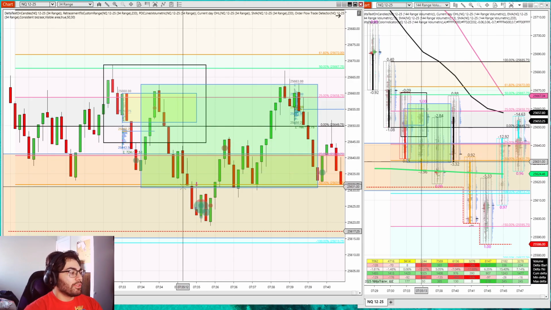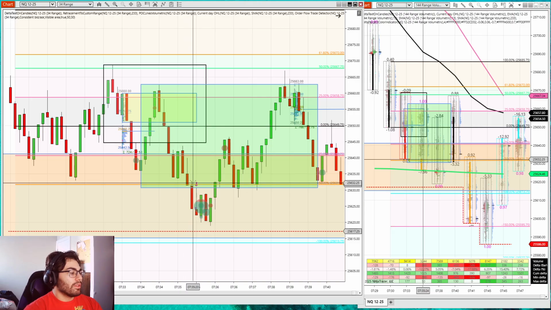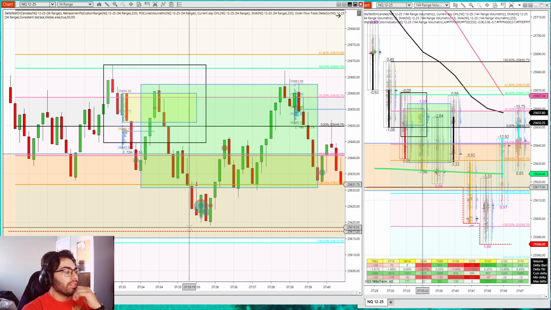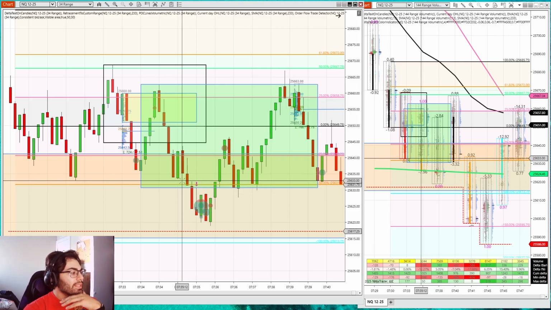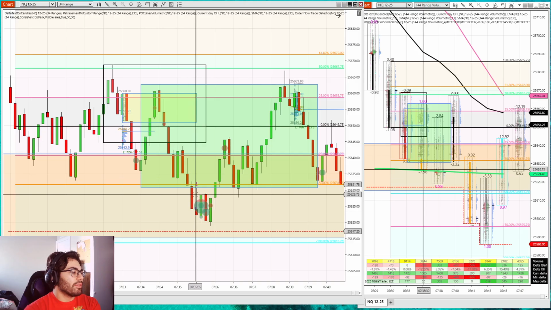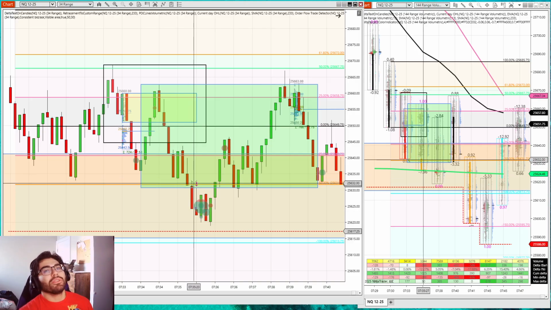And I did want to enter right after this candle closed. But once again, I was just a second too late. I was a little hesitant. And if we look down here towards the time, we can see that this candle closed at 35:12. This candle closed at 35:19. Then the following candle closed at 35:20. So since I hesitated for that tiny fraction of a second,